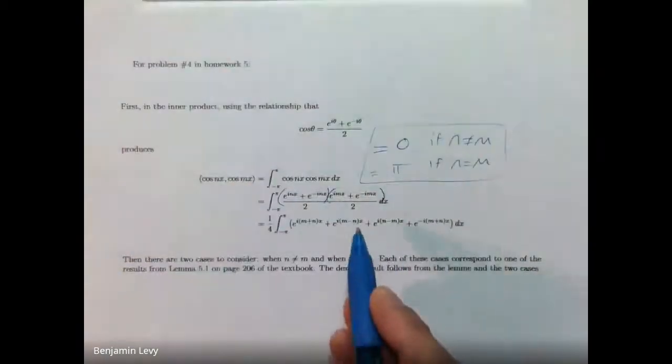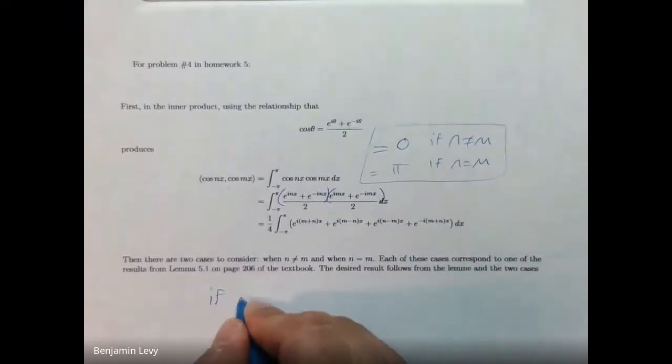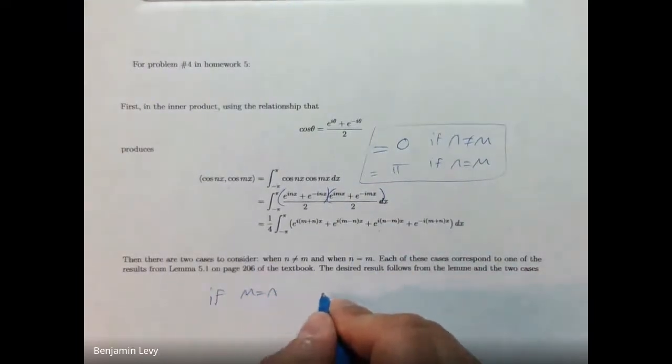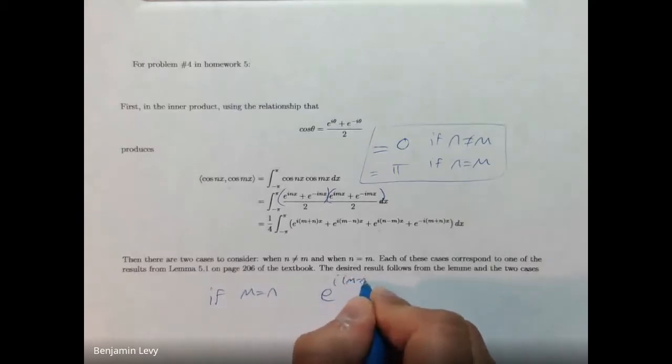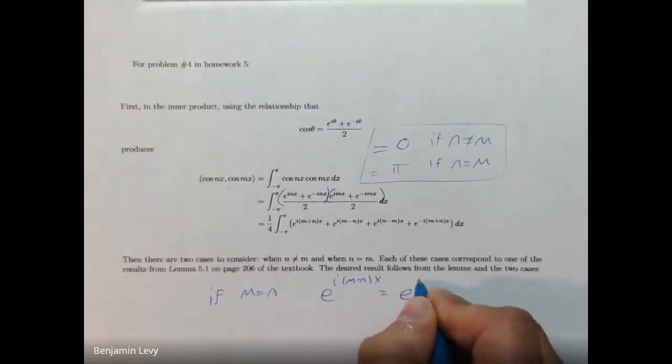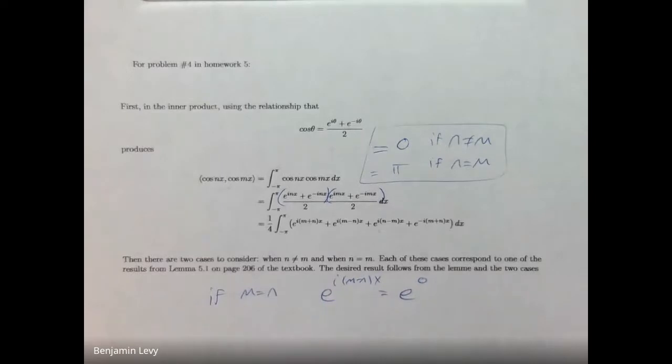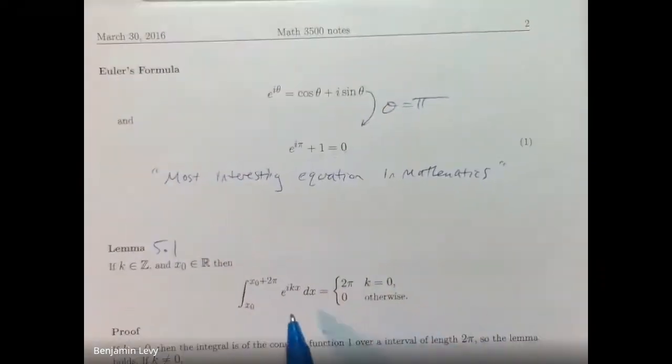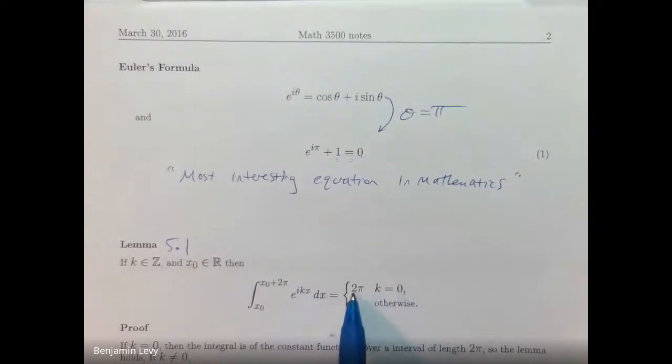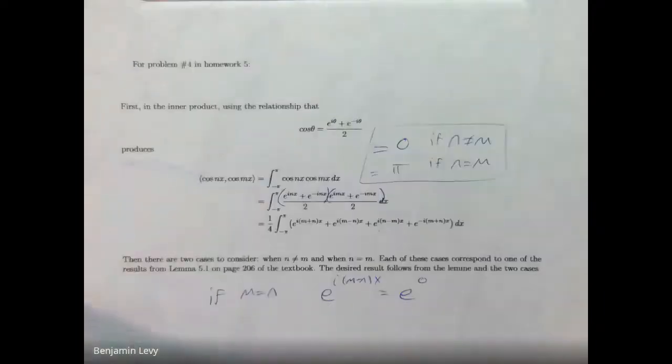And so in this problem, if m equals n, then e to the i(m minus n) just becomes e to the 0. And if you have e to the 0, this tells us that if you have a 0 up there, the answer is 2 pi. And so if I integrate this, you get 2 pi by lemma 5.1. And the same thing will be true with n minus m. And the other ones,